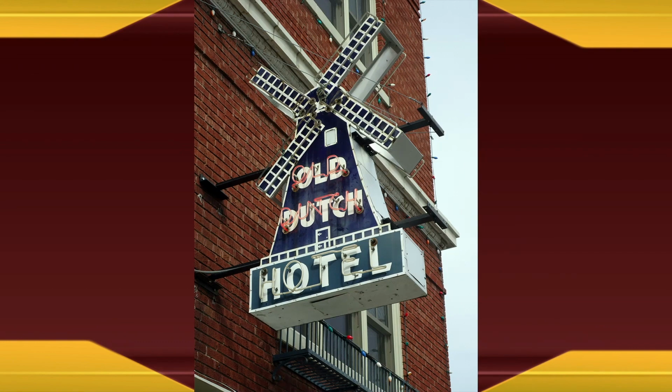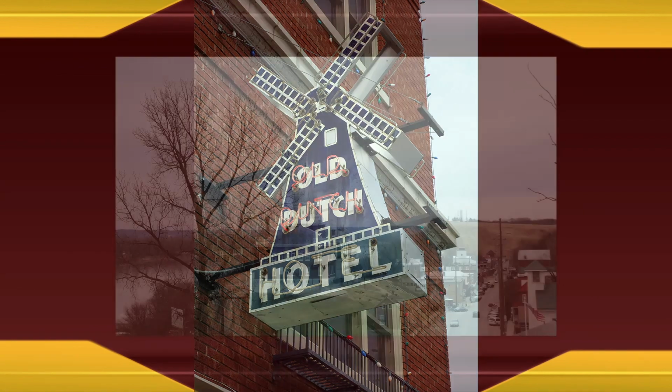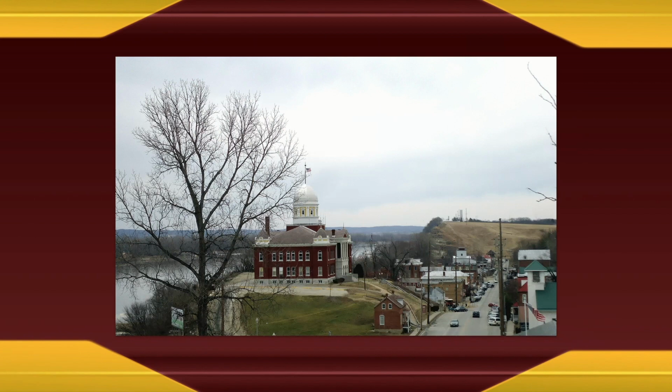One of the first towns you'll encounter is Washington, Missouri. This is the Old Dutch Hotel, which has been renovated into a small boutique hotel, bed and breakfast type motel and restaurant. Again, Washington being one of those cities that definitely has capitalized on its history. Moving west,